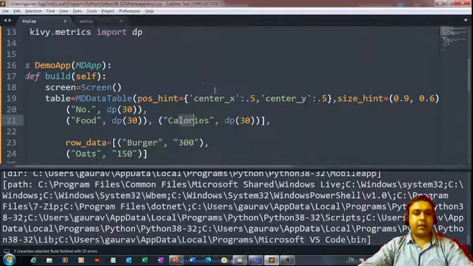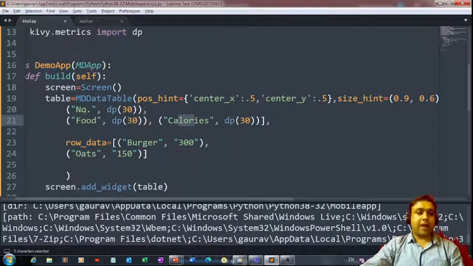So we are getting this output, but the window is getting automatically closed. You know why it is getting automatically closed? It's because we haven't passed any values. The way we have passed these values for food and calories, the two different fields we have defined here, we haven't passed any value for this number.